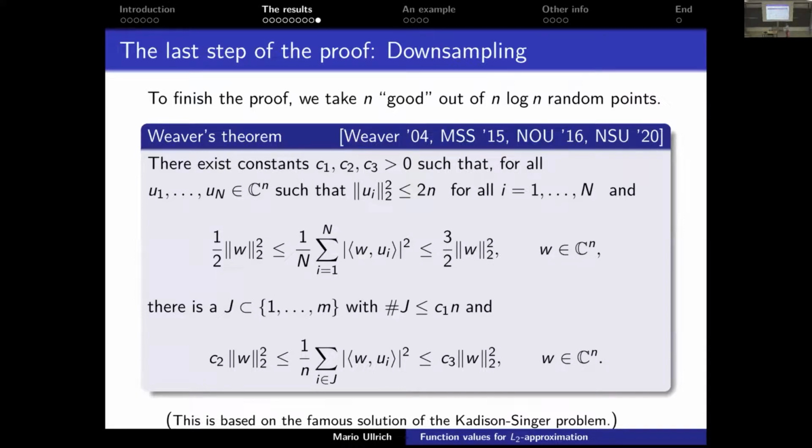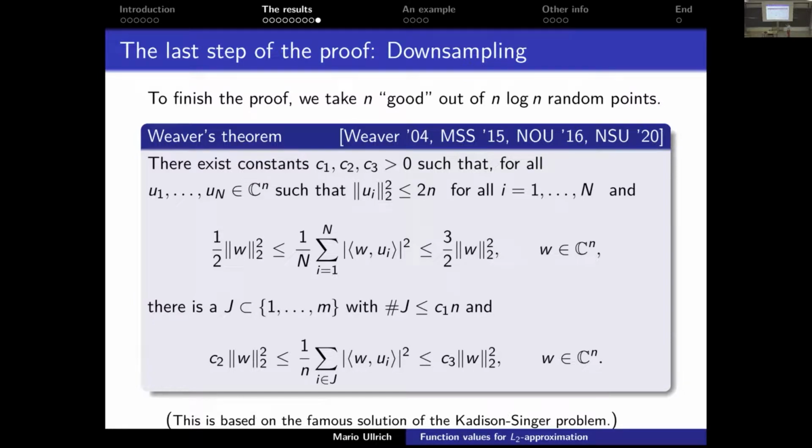Okay, so this is the result I would like to show because I just think it's amazing and it will be applied quite often, I guess, in our community also. So this is the last step of our proof, and this was first used by Nagel, Schäfer, and Ullrich that I already cited some slides ago. At least for our approximation problem, there had been some discretization results earlier, right? Okay, so what is this?